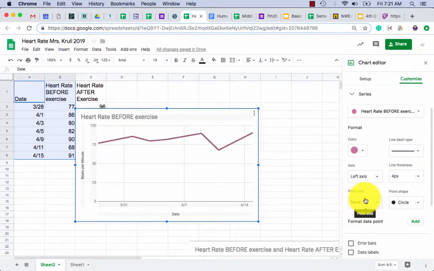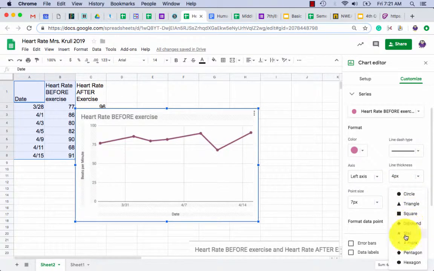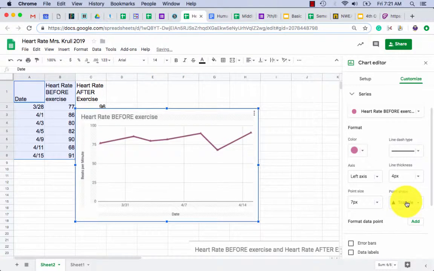And let's put a point size in. Right now they don't have points at each of the data spots. Let's just put a little 2 point in there. Oh, maybe thicker. How about 7? Now we can see the dots. And then they have a point shape over here on the right. You pick whatever shape you'd like. Try a few out. Notice what they're doing to your line graph. Oh, I like my little pentagons. That's totally fine with me. We'll just go with that. I'm going to close